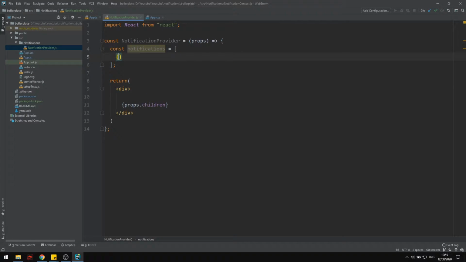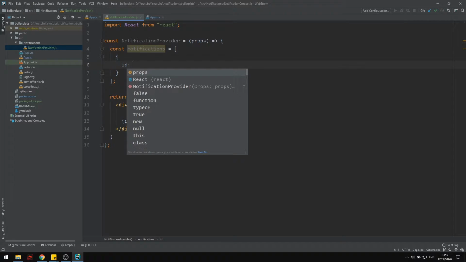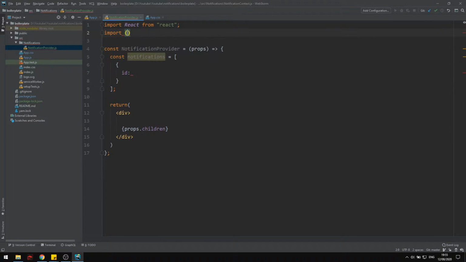So I want to be able to dispatch an object, and that object is going to have a structure that looks something like this. So it's going to have an ID. So let's import v4 from UUID. And when we call v4 like this, it just generates a random string. So if I console log